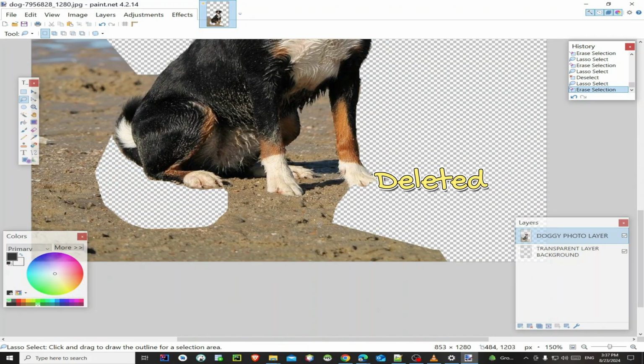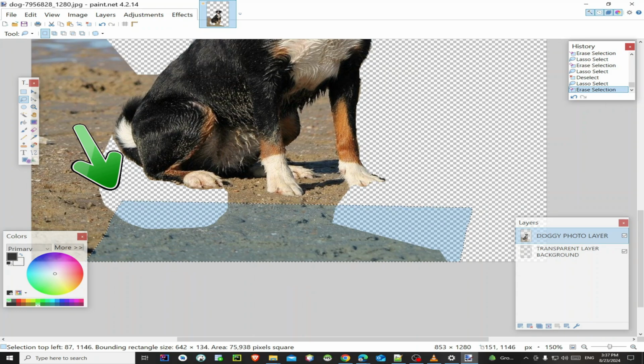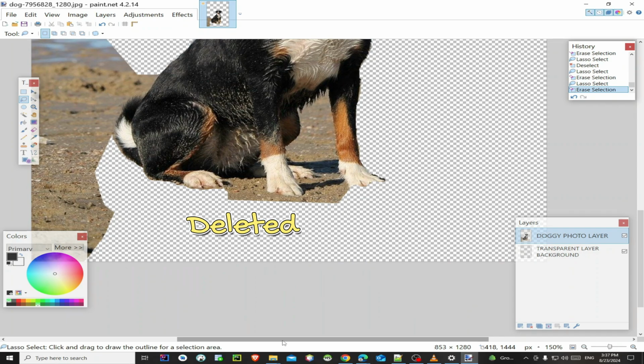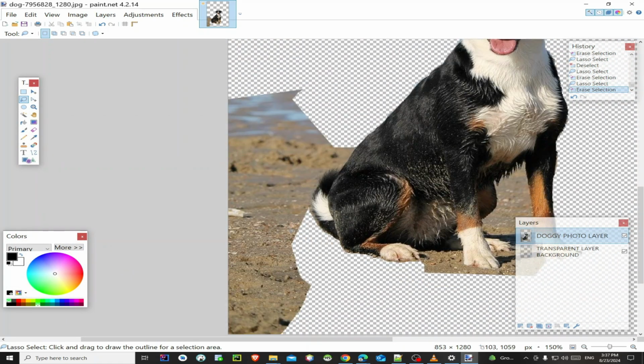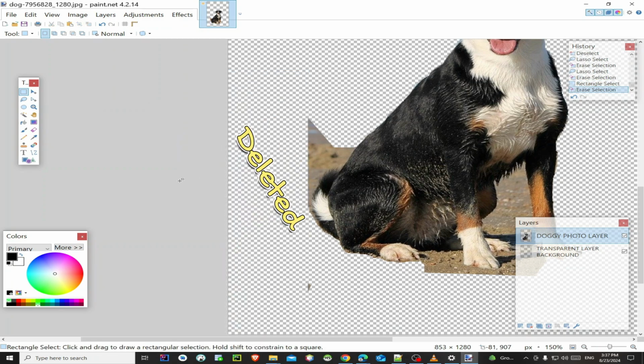So that one disappeared. I think I should also remove this other bit here because we don't need it. We only remain with a small bit that we are going to delete. Scroll to the left to remove this whole chunk here. But you don't have to use the lasso tool for this. You could click here the rectangle select, then you do something like this. Yes, you see. So all that bit is selected, you just hit the delete key like that.